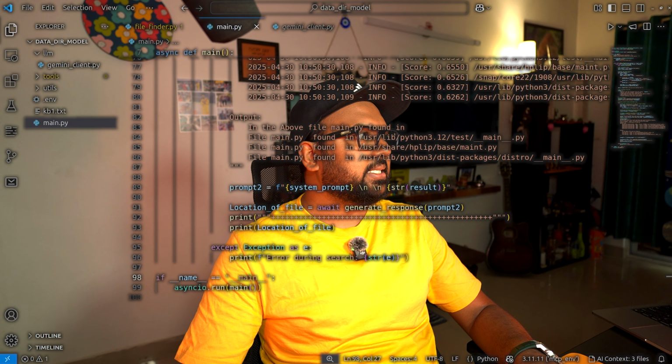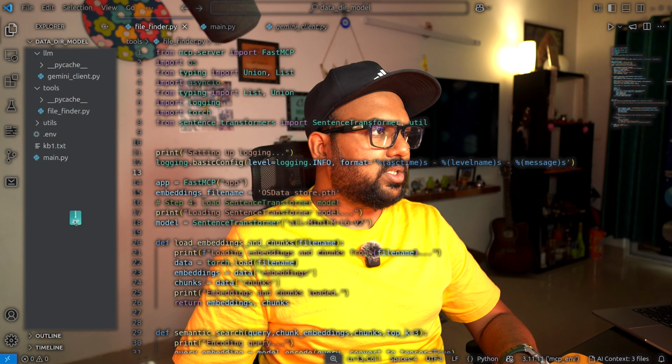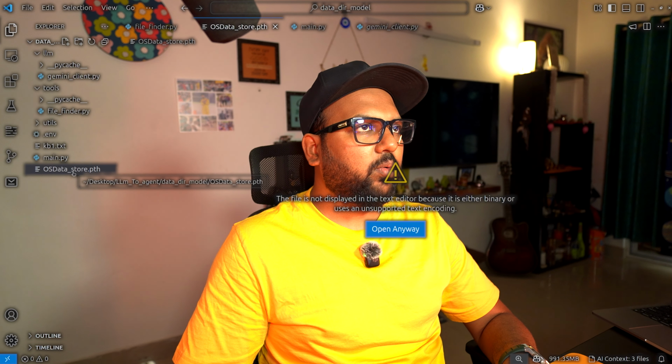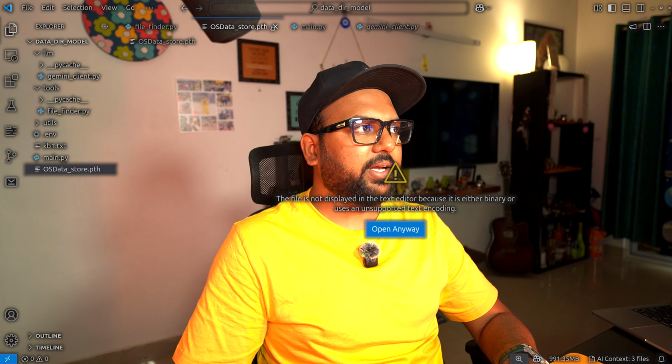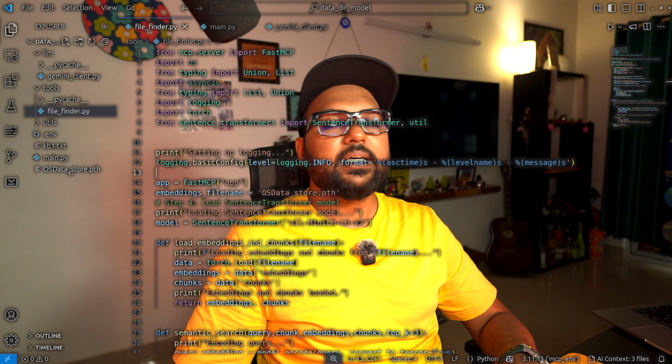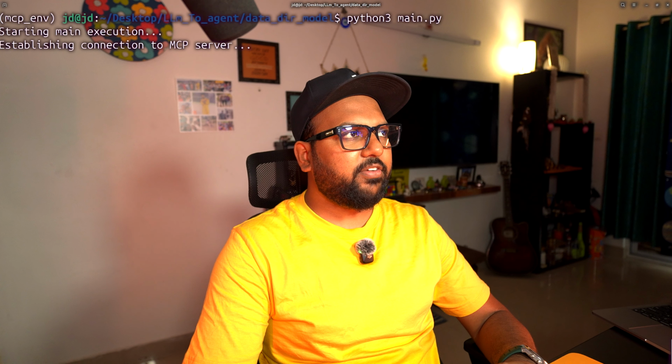One more thing we need is the data store, the embeddings that I have created. So this is the embedding file we have created. As you see, this is the path file. If this file is not present, then it's going to create the embeddings from the beginning, which I don't want at this point in time. Now if I run this file,